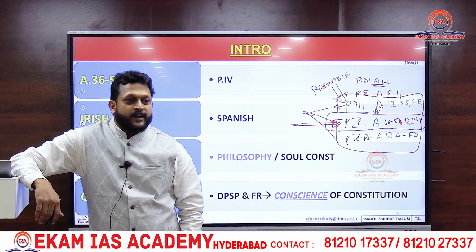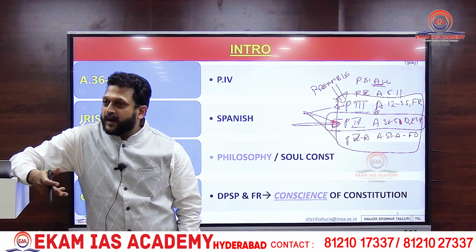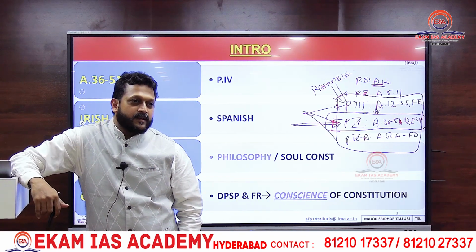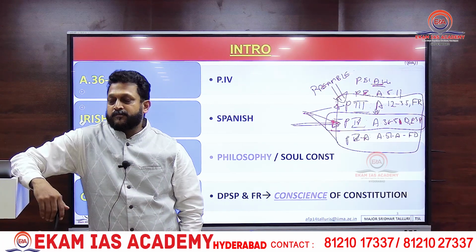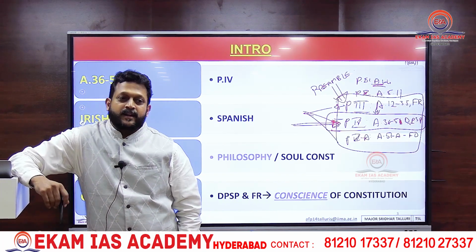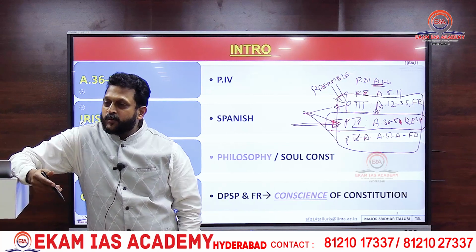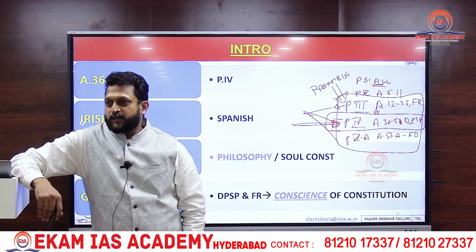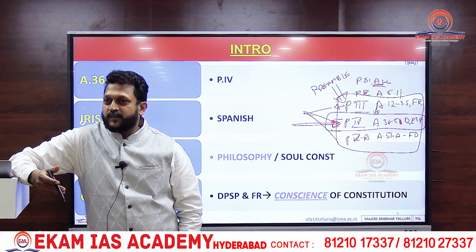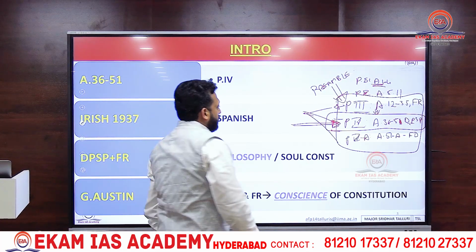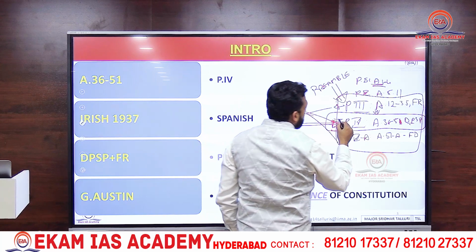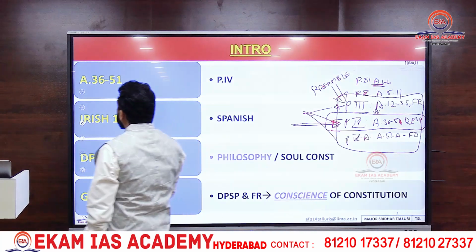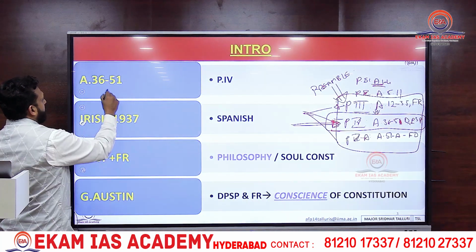Before that, it was a fundamental right, so the government couldn't take it. That's why they made it a legal right. Whether the aggrieved person should be given the market rate or the government rate, so many judgments have taken place. Okay, we will see. Now we are dealing with Part 4, DPSP, Article 37.